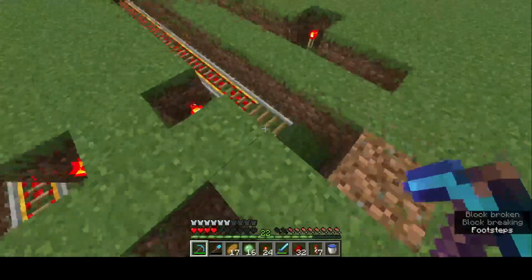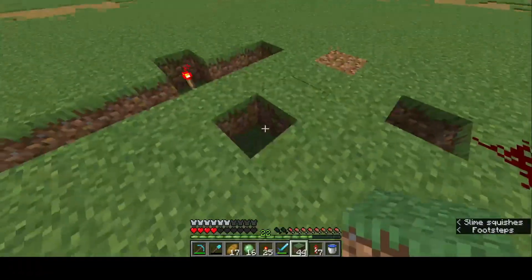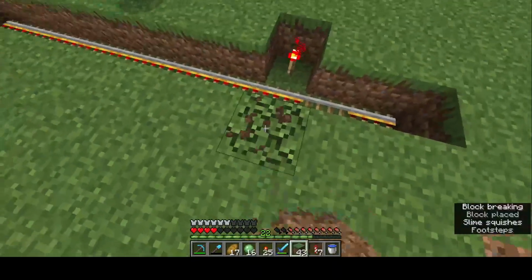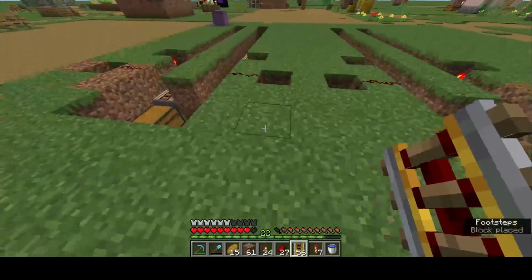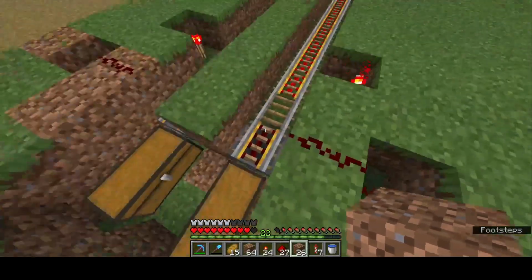Okay, I built this a little bit too close. I'm just going to have to move these ones 1 block over. Or actually, I have to move them 2 blocks over. Alrighty, and there's that system finished. And now just to test it, if I put some items in this hopper, it should...